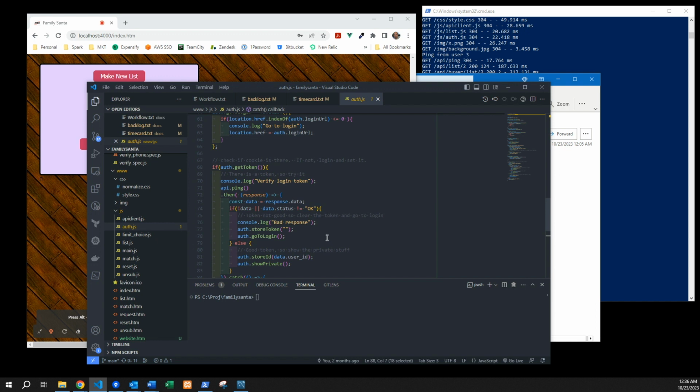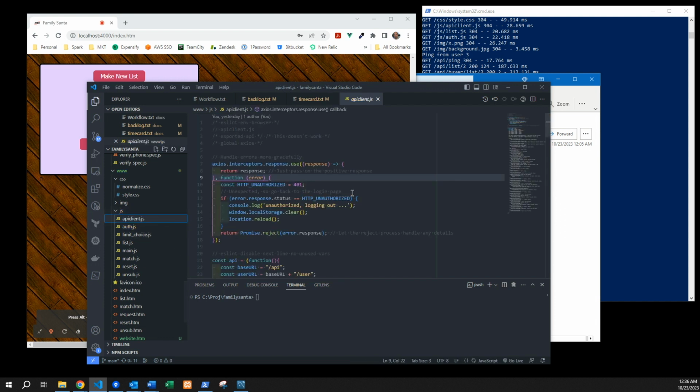It does a verification of your login at least once after you've logged in, so that we know that the token actually is working. So you say, wait, how is all this happening? Well, that's over here